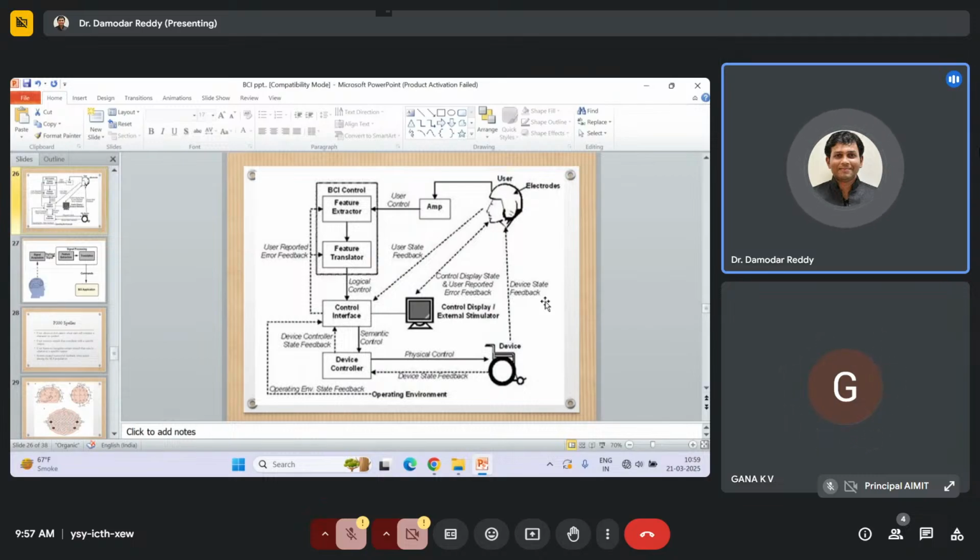At a time, 8 different electrode wires we connect. Then we take about 5 to 10 minutes. Normally we take short trials. Subject 1 for about 5 to 10 minutes or 15 minutes. Then trial 2, trial 3, trial 4 for the same subject. Then another subject. Like that, normally 10 to 20 subjects minimum you have to take, madam.